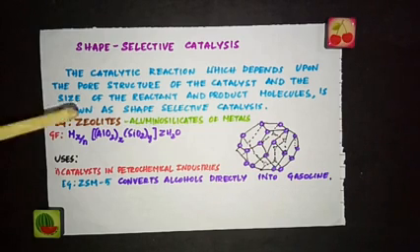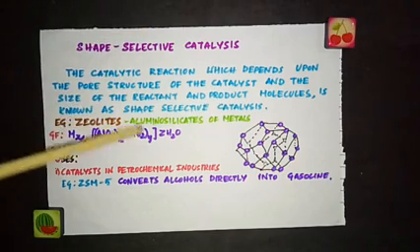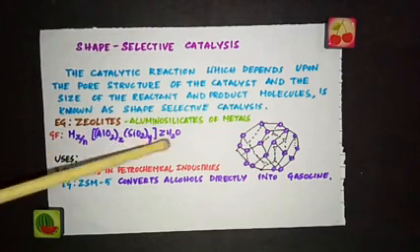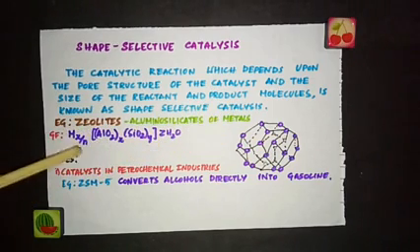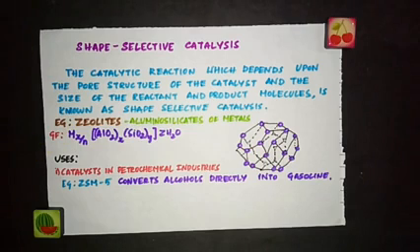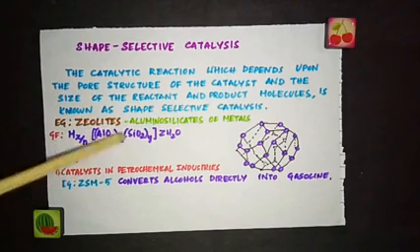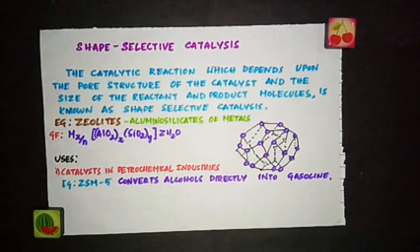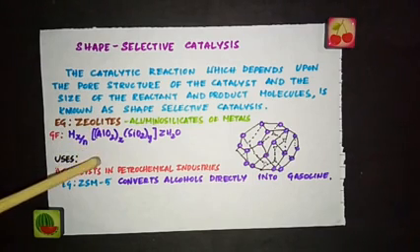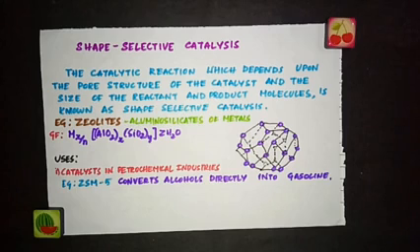One such example of a catalyst is zeolites. Zeolites are aluminosilicates of metals, and they have this general formula. See, M is the metal, and that metal can be sodium, potassium or calcium. M x/n (AlO2)x (SiO2)y . zH2O. Here n is the charge on the metal cation and z is the number of molecules of water present.